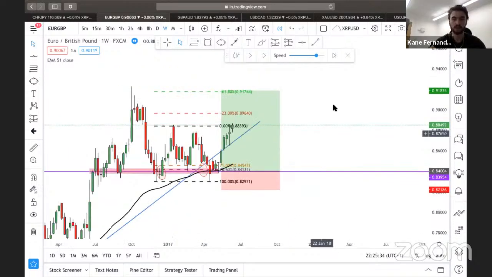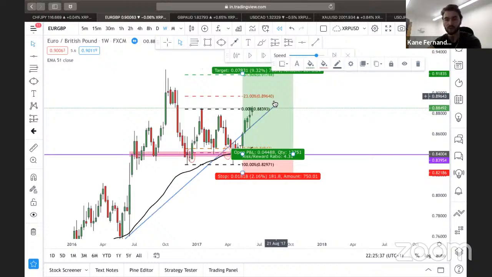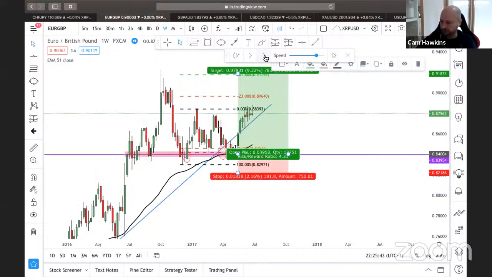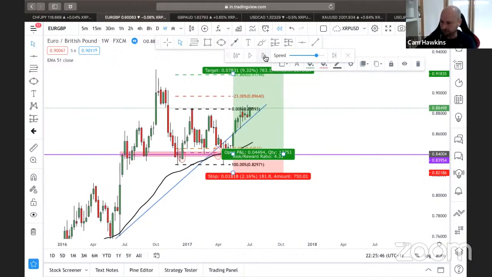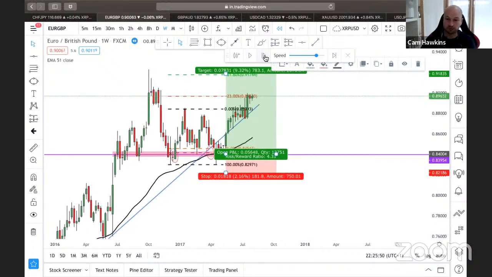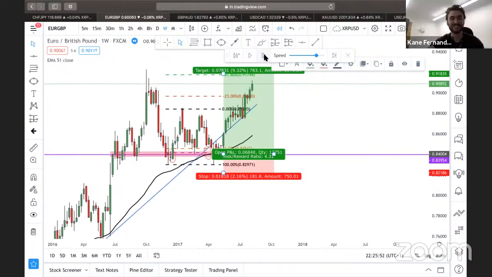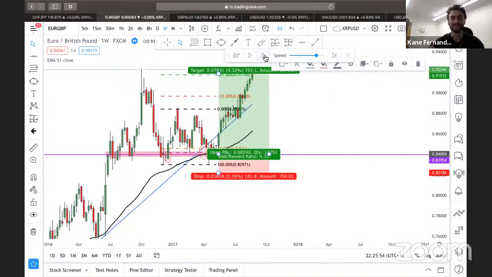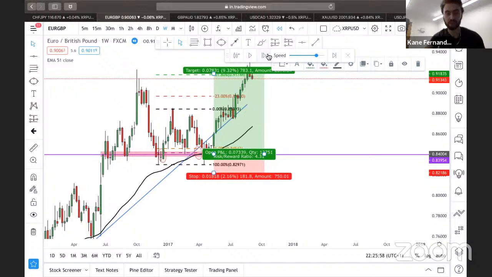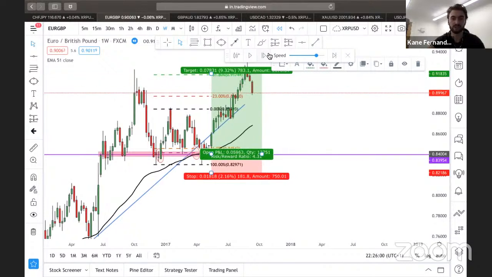So can I just delete that? Yeah, you can delete that if you want, or you can leave it there. It's up to you. So I'll just delete that. 4.3 would have been a good win had it worked out. Yeah, there you go. Look, boom. Oh wow. So yeah, it is what it is. These trades are pretty normal for me. 4 ratios, 3 ratios, but it is what it is.